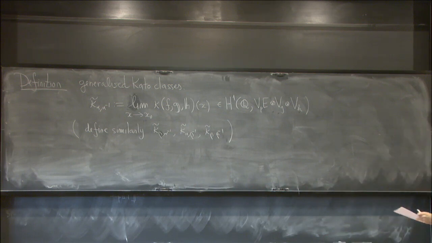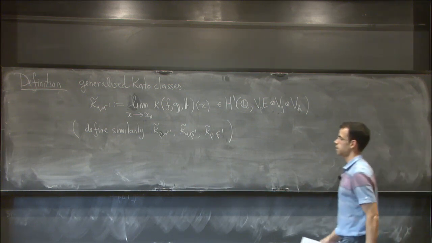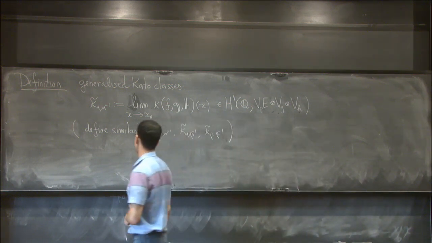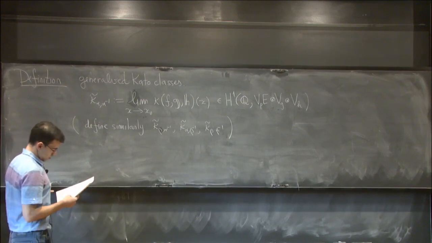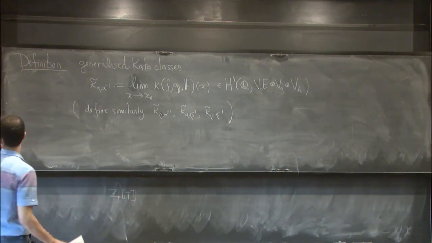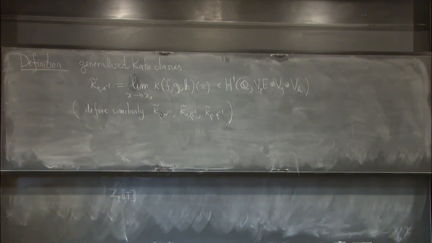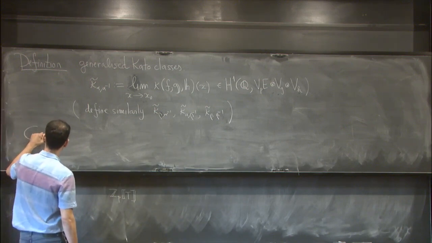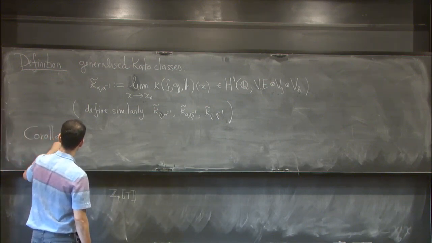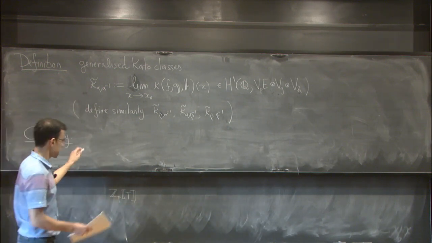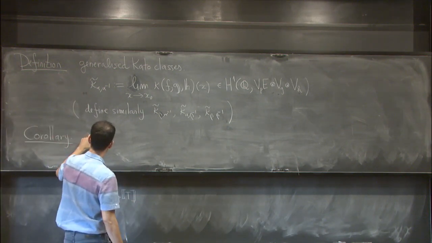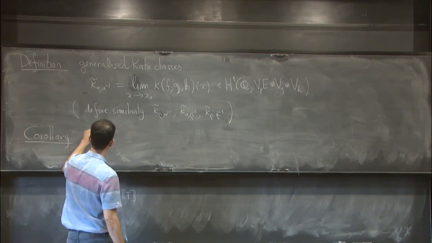Okay, and maybe I need to assume that alpha is not equal to alpha inverse or beta inverse. All right, so we have that. And now going back to this equality, one immediate corollary is what I was saying in words. These classes that you obtain by this p-adic limit process will be Selmer